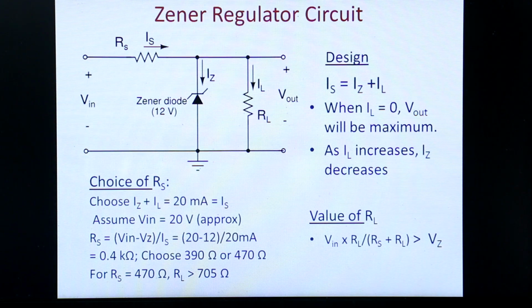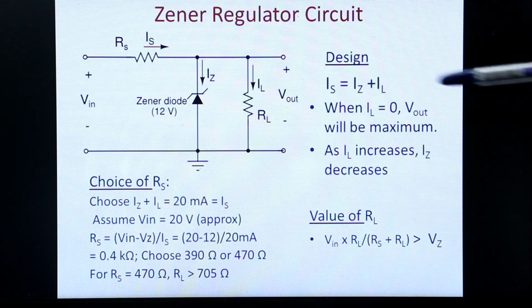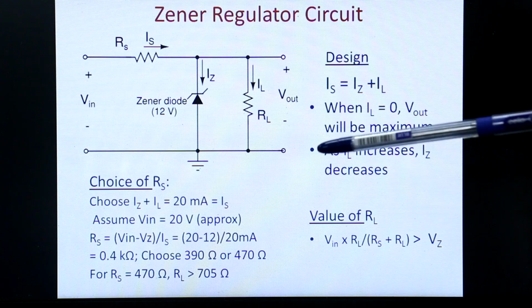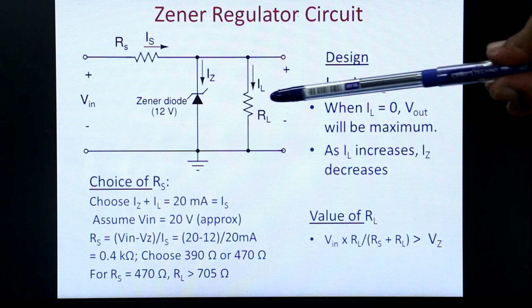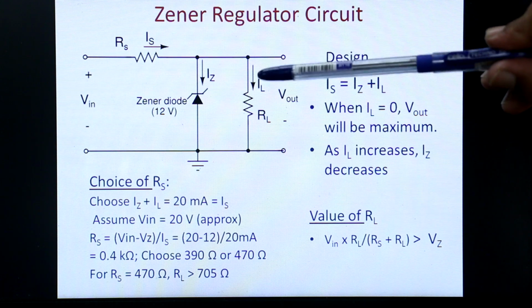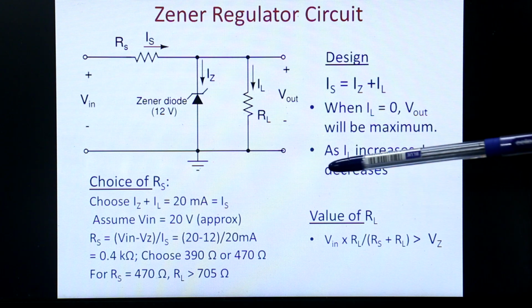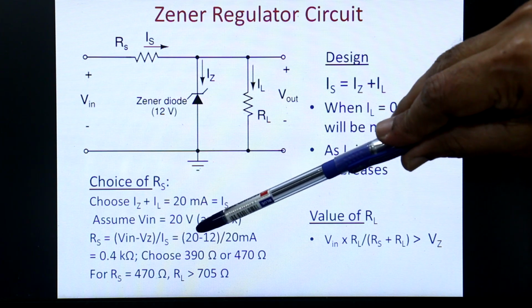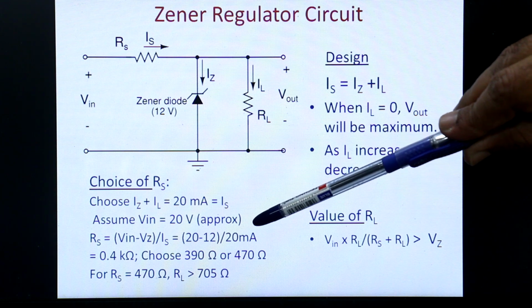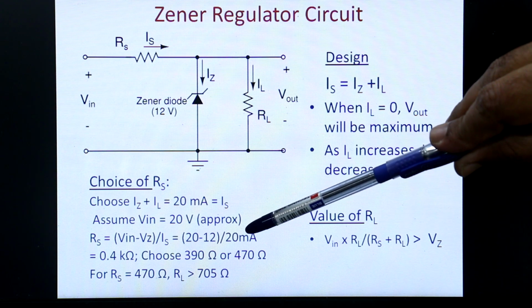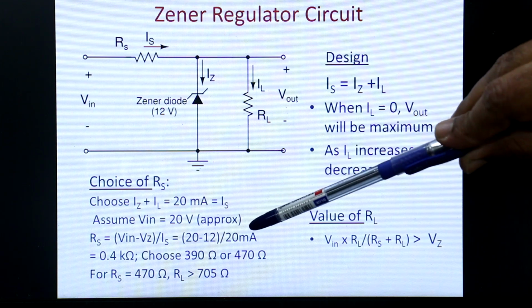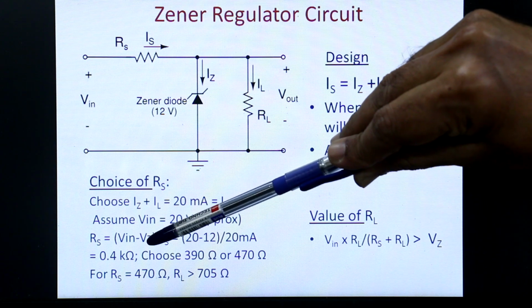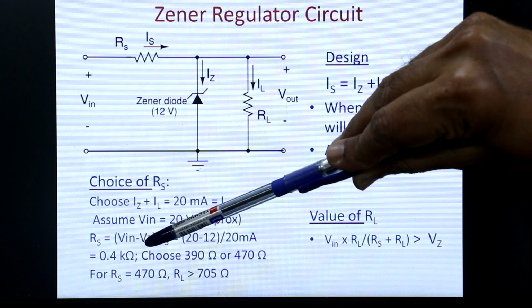400 ohms. Now let me tell you one very important thing to remember when you do an electronic circuit: it's always good to express your resistance in kilo ohms. Why? When you divide a voltage by kilo ohms, your result will automatically be in milliamps. This makes life very easy. What I have done here is 20 minus 12 divided by 20, which is 8 divided by 20 milliamps, and because of milliamps in the denominator, you automatically get a kilo ohm in the result.